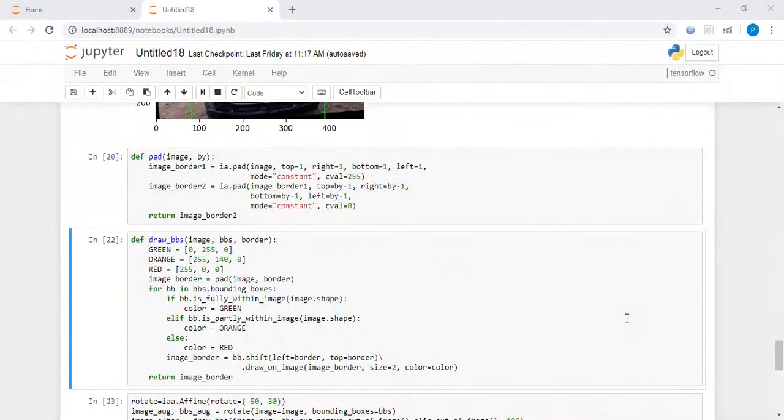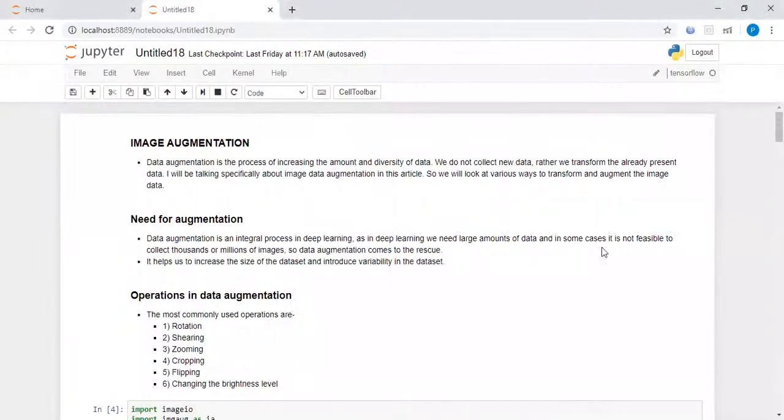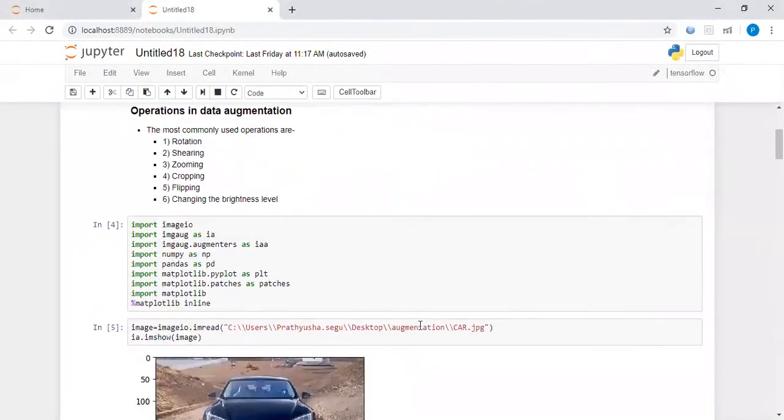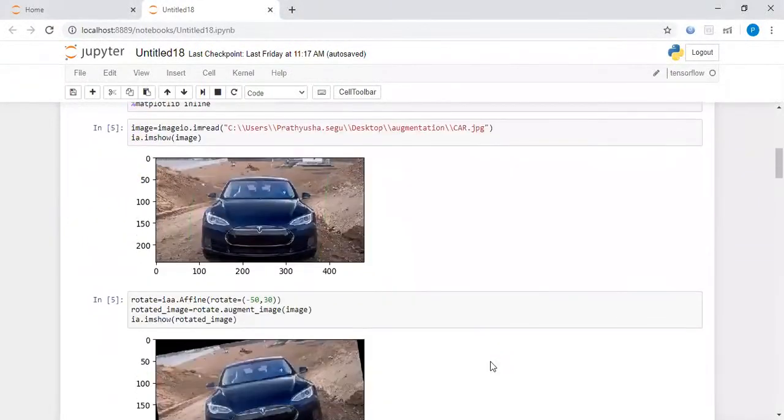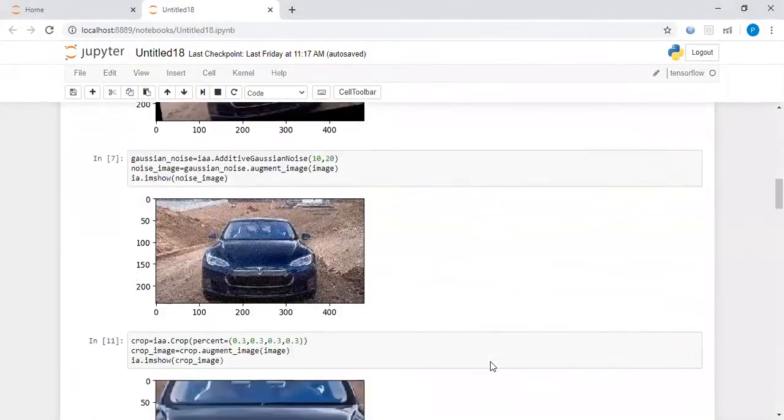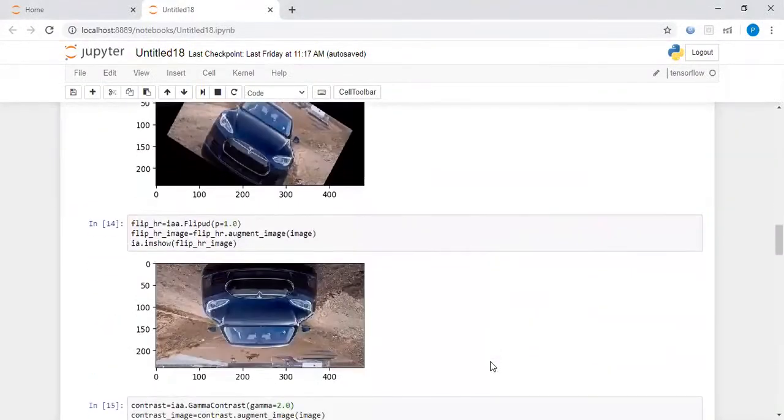Hey guys, in the previous video we have already seen what image augmentation is, the need for image augmentation, and operations in data augmentation. Once having this idea, we went through the imageio library and used different functions available in that library, and imgaug and all the functions in the library. And having this basic idea and operations on images for augmentation, we have now moved to